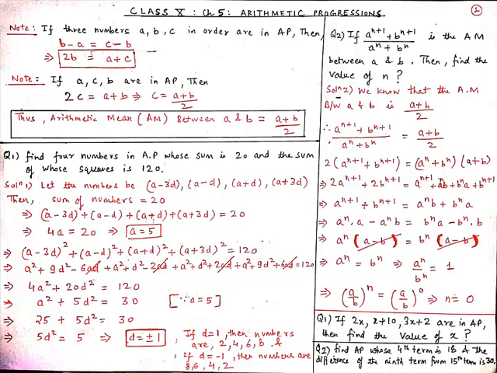So from here, a to the power n upon b to the power n is equal to 1, and a to the power n upon b to the power n can also be written as a upon b to the power n, and this is equal to, we know that anything to the power 0 is always 1. So in RHS, we take a upon b to the power 0. So from here, our base is same. Therefore, the value of n is equal to 0.